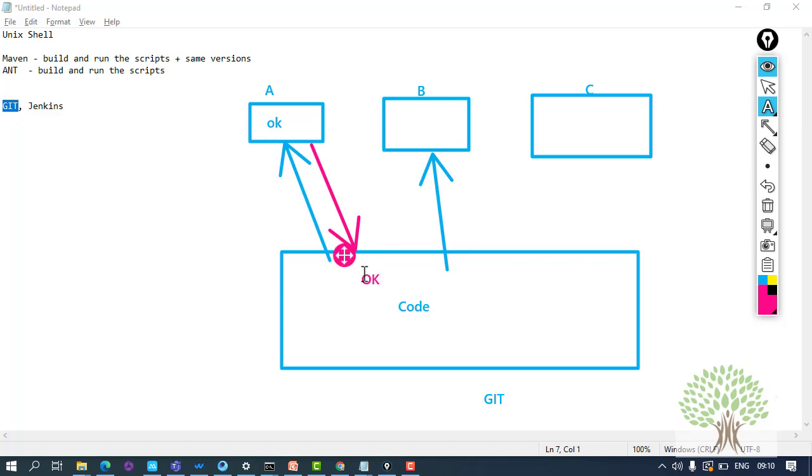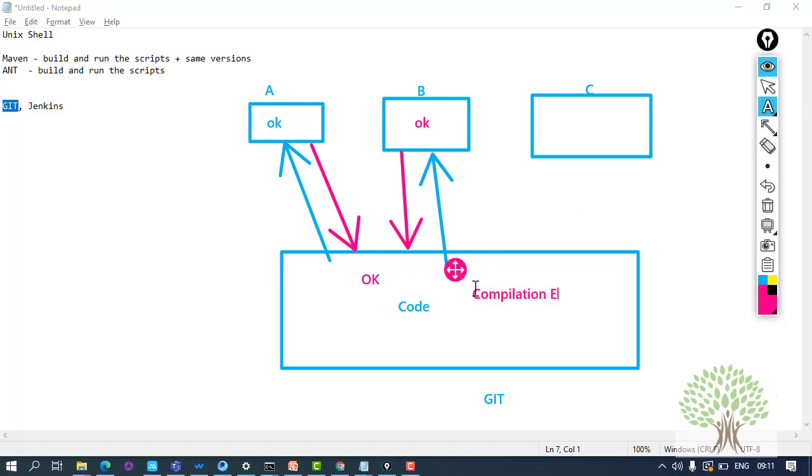But now B changes the code, and everything is okay on his machine, but he doesn't know that A has already changed the code over here. Maybe A has added one file, or maybe A has deleted some file. So when B puts the code back onto Git, there is a compilation error or something.